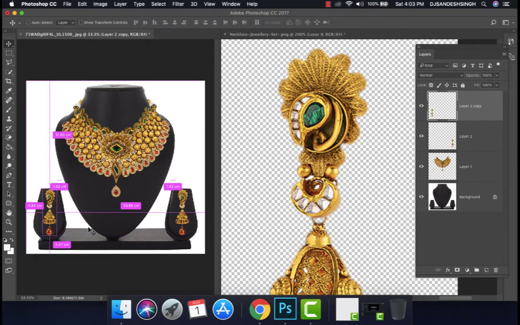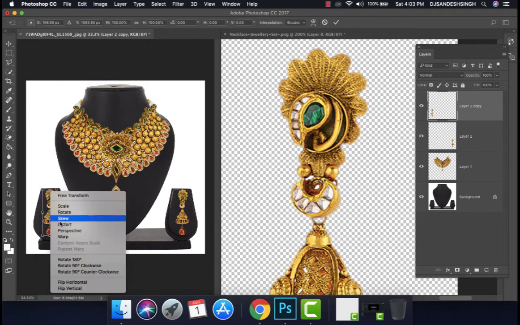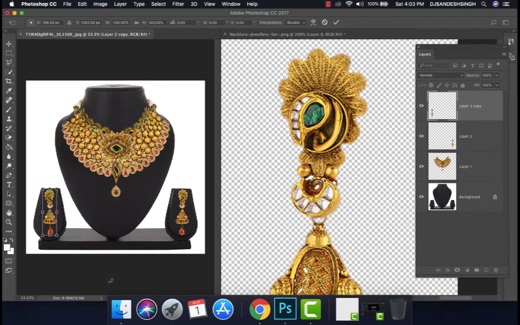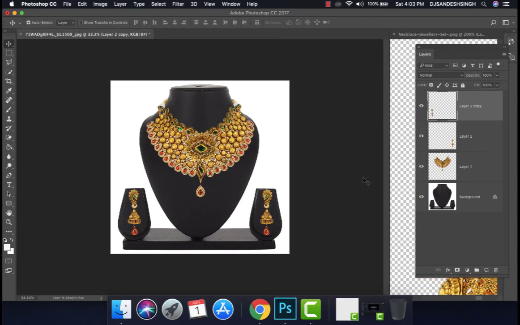Then Control T and right click to change the orientation. This is done. So we have done this necklace showcase as you see in jewelry shops or jewelry studios.